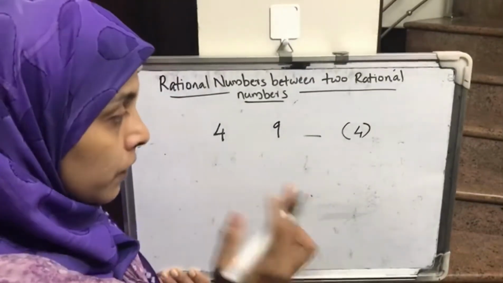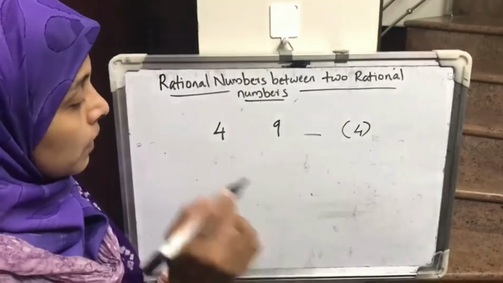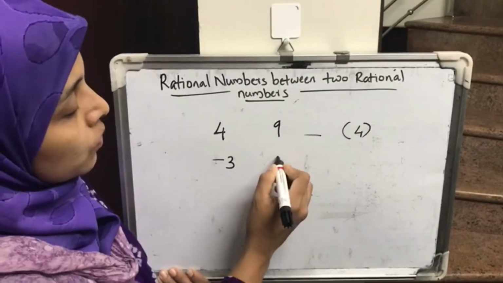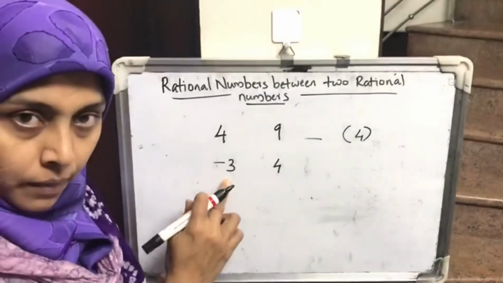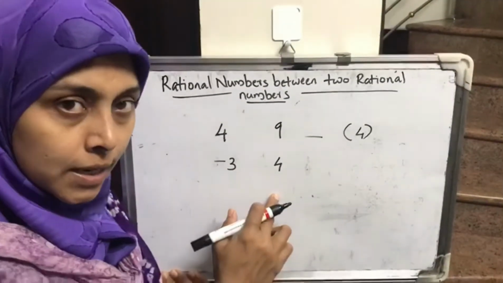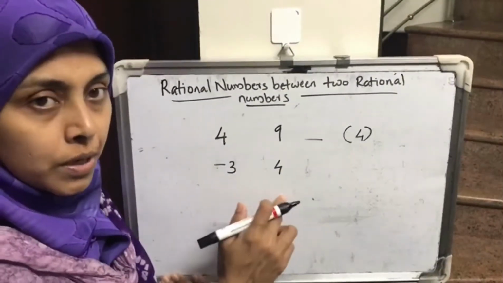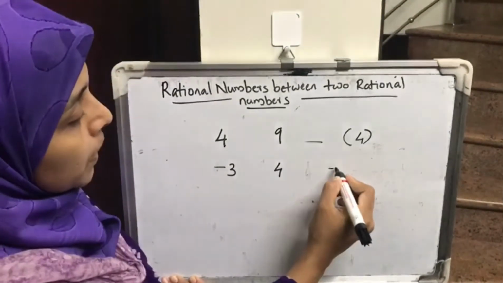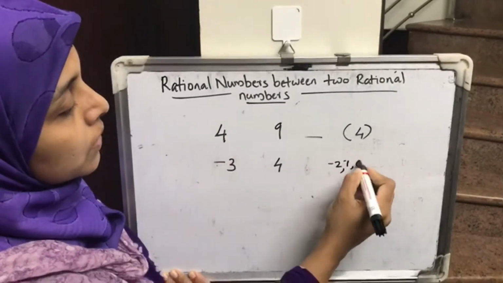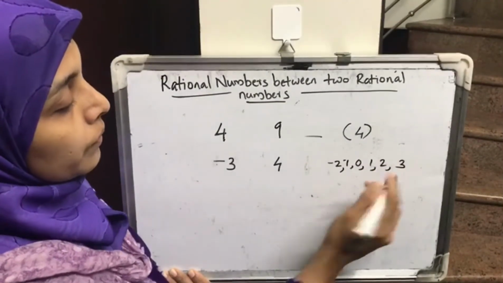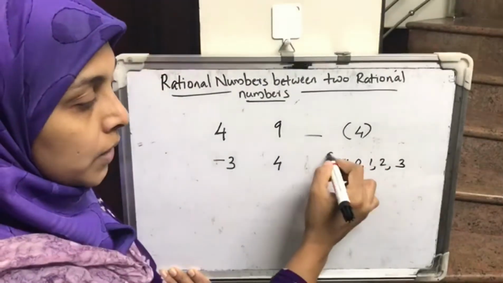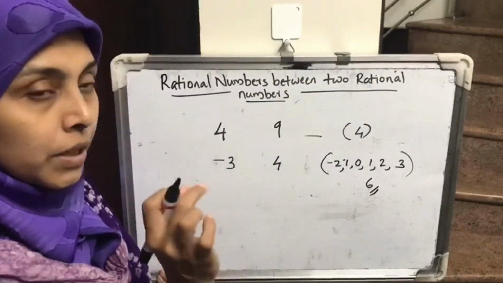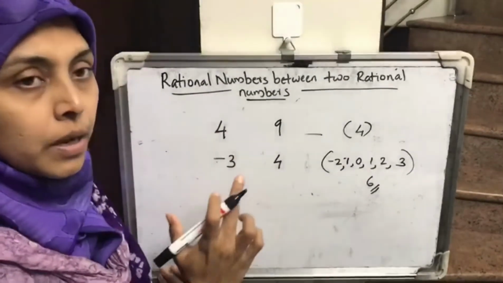Okay. Just like that, in the case of integers, suppose we find the integers in between -3 and 4. Two integers are given: the first integer is -3 and the second integer is 4. In between these two, how many integers are there? It is very easy. It will be -2, -1, 0, 1, 2, 3. That is 1, 2, 3, 4, 5, 6. Definitely there are 6 integers. Okay. There will be a definite number in the case of natural numbers and integers.